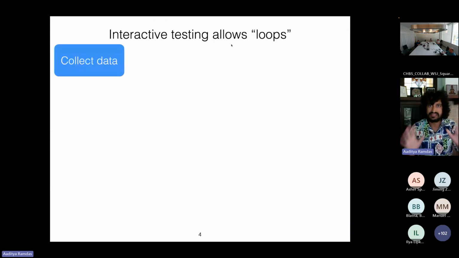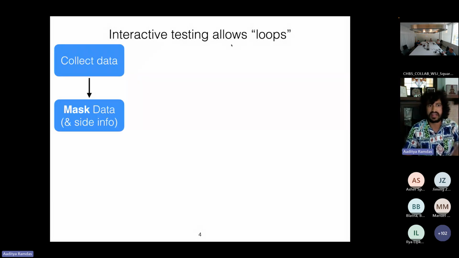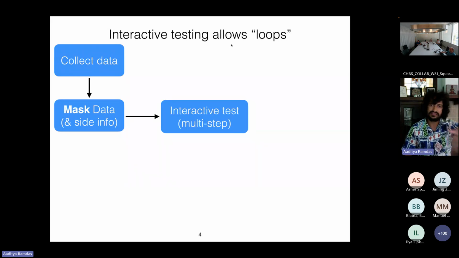So interactive testing, again, is a high-level flowchart, but it's going to allow loops. You have an initial data set that we have collected. We're not going to show the whole data set to the statistician. We're going to mask the data in some form and only show part of the data to the statistician. And the interactive test is going to be a multi-step procedure where